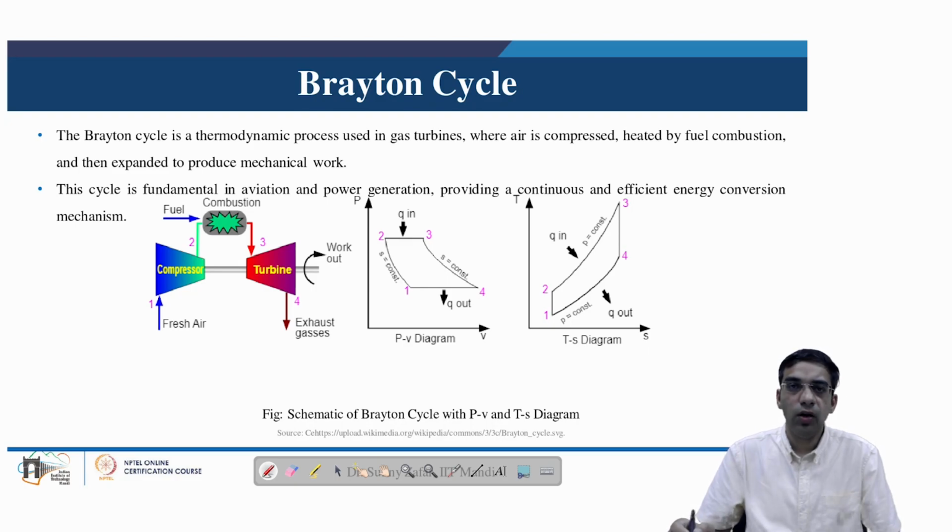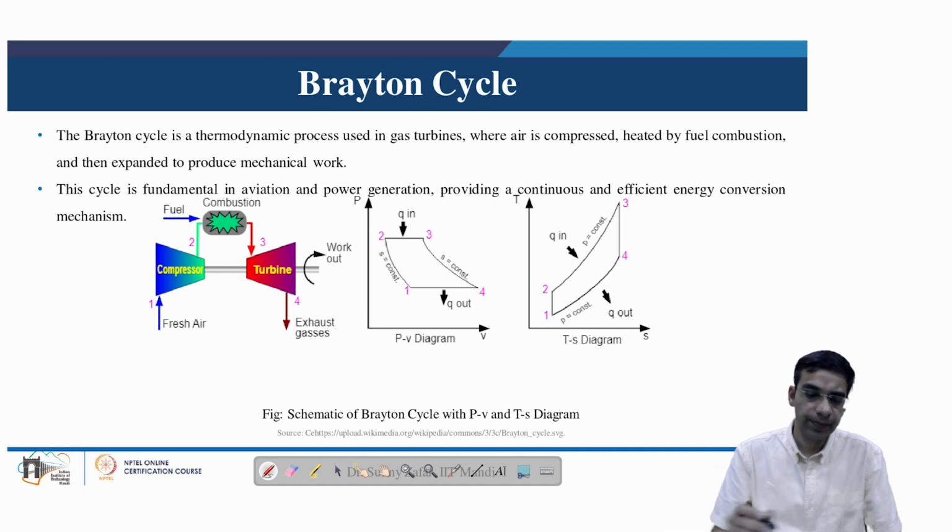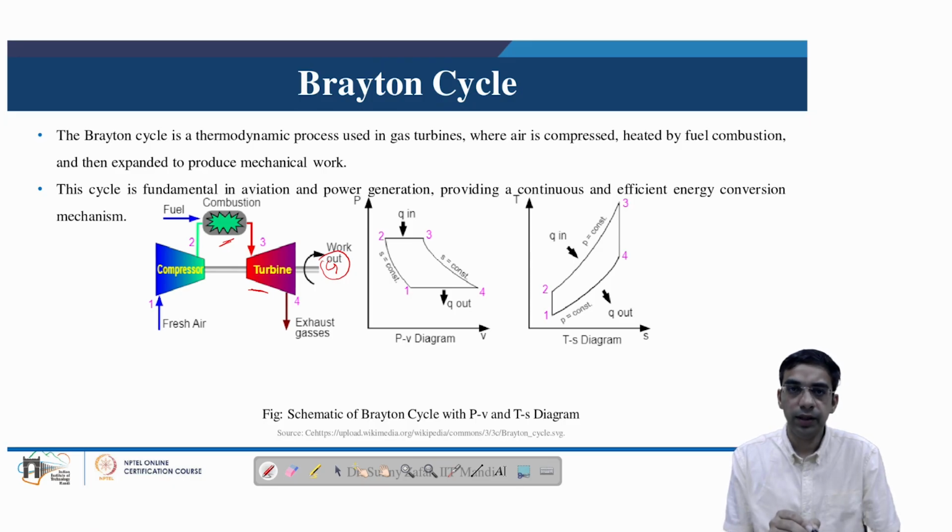Gas turbines operate on this thermodynamic cycle known as the Brayton cycle. The Brayton cycle is used where we have a compressor as shown here, a combustion chamber, and then a turbine. Generally the compressor and turbine are connected, and the work output from the turbine may be connected to a generator here,